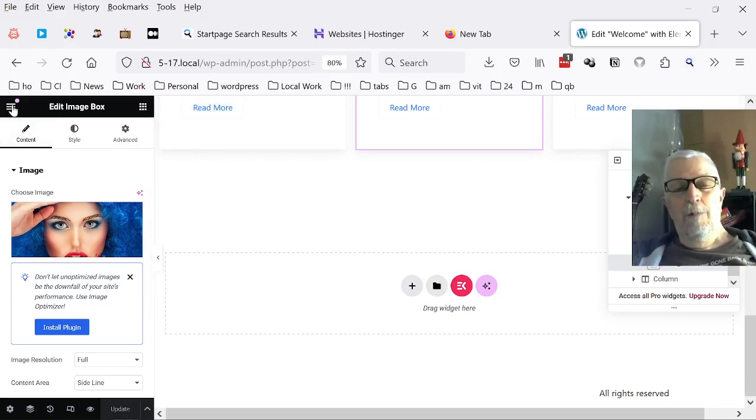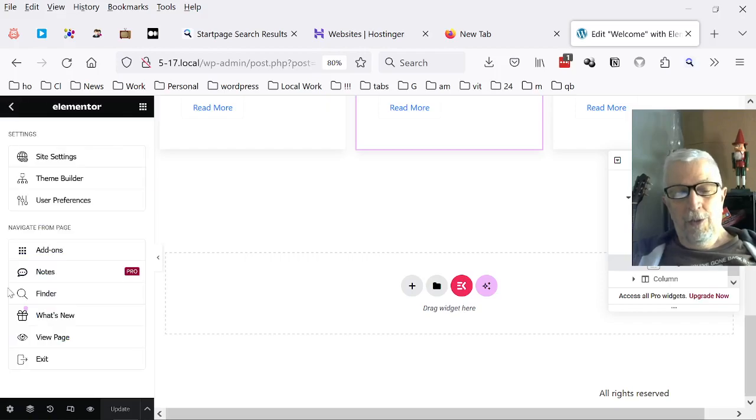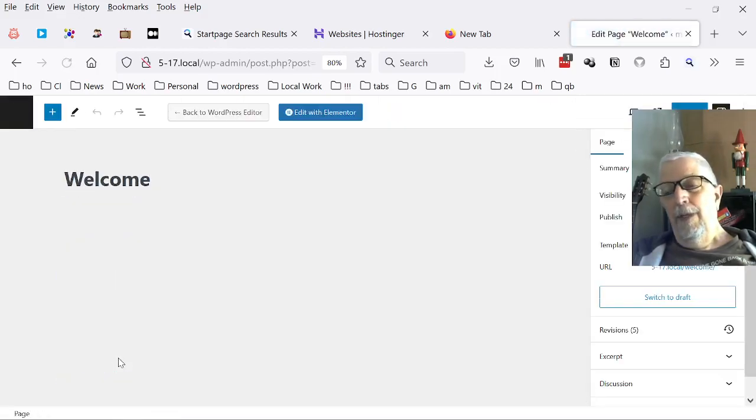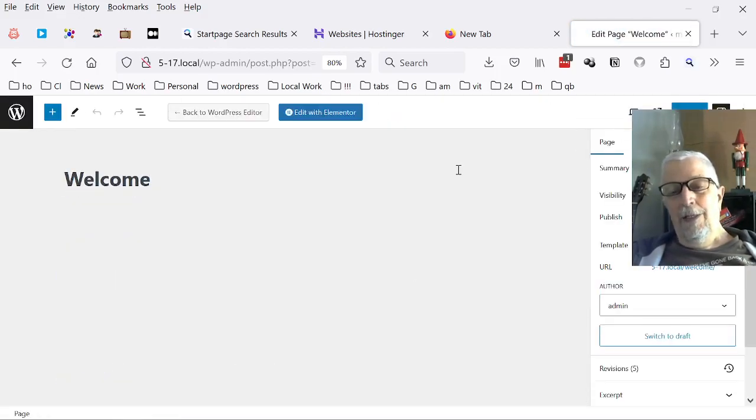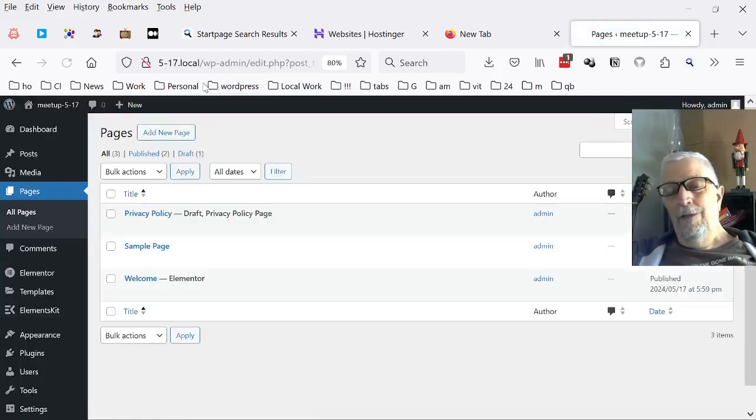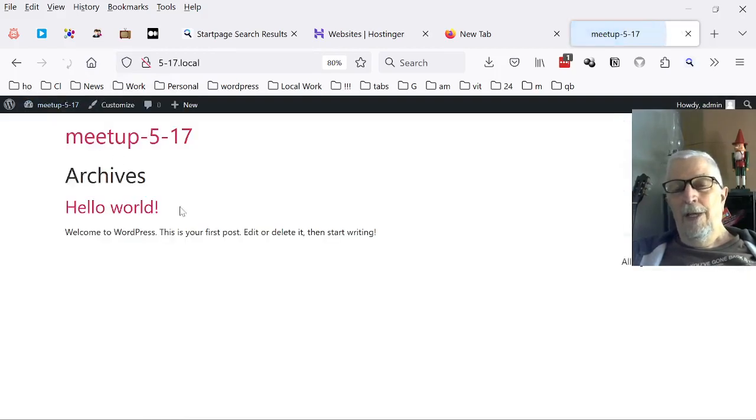And then I can come up here to the menu and exit the Elementor interface. And that brings me back to here, and clicking the WordPress icon, I can go back to viewing all the pages. And now if I want to see what that looks like, I can go